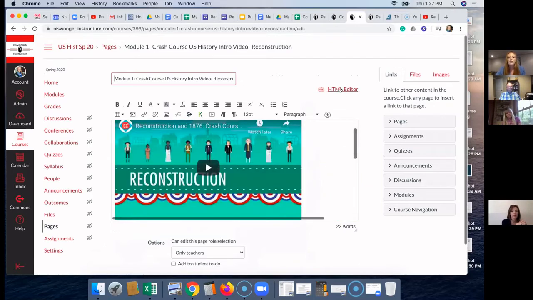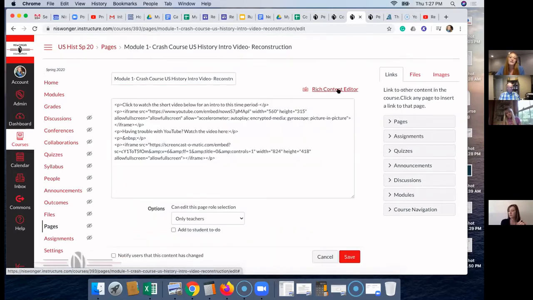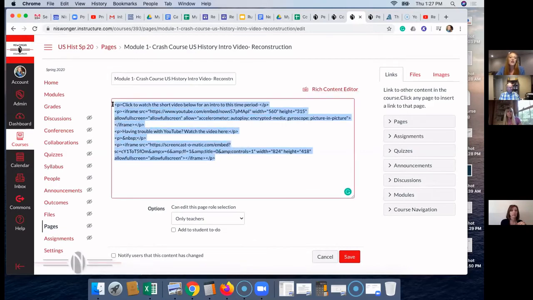But what I want to talk about today is this link right here, the HTML editor. If you click that, it's just giving you the HTML for everything that you just saw on that other page. This is all information you can get easily either from YouTube or from Screencast, which is what I used for that second video.